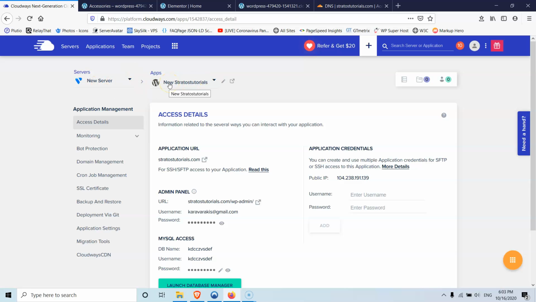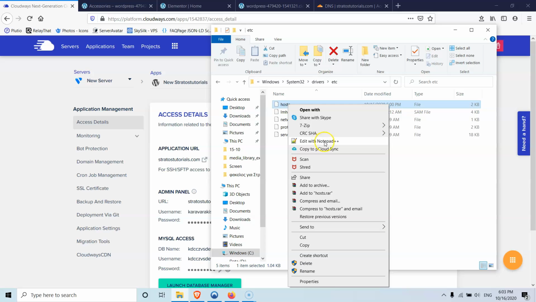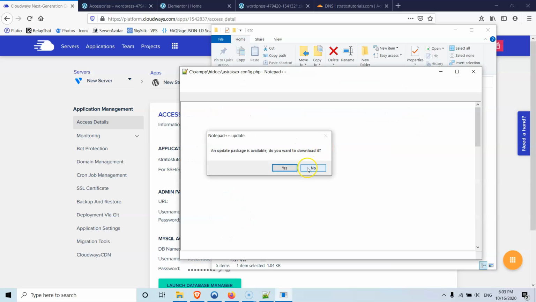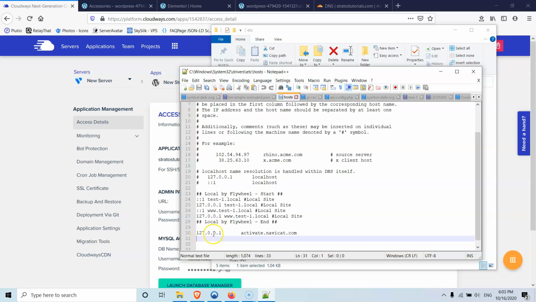So what I'm going to do now is go into my files, and I'm going to change the host file. This is located inside the hard disk in this partition, Windows, System32, drivers, etc. And here we'll have the host file. I'm going to edit that, and this is only for the Windows that people are using out there. If you're using a Mac OS, you have to search in Google where the location of the host file is in the Mac OS. So I'm not going to download this, and here I'm going to add the IP of the